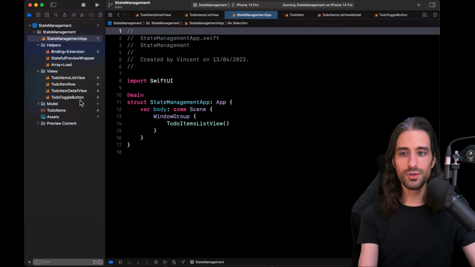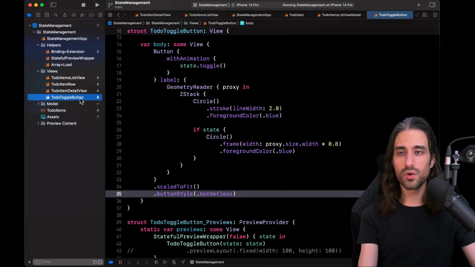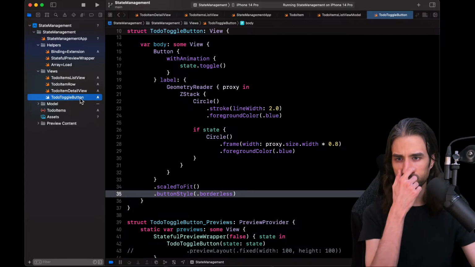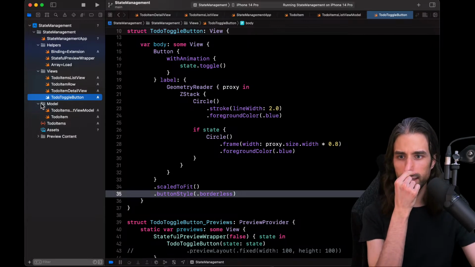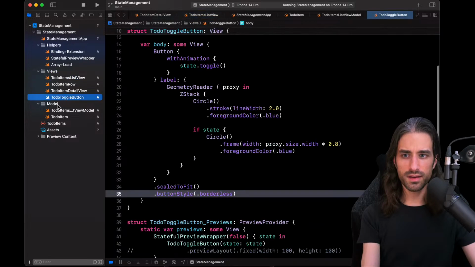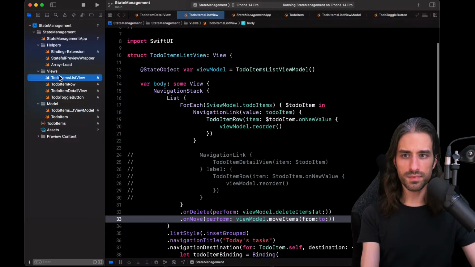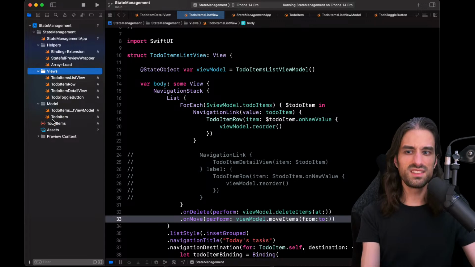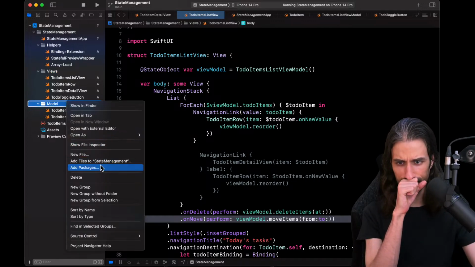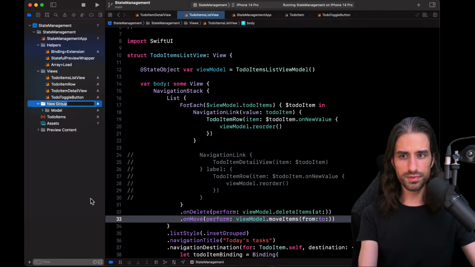We will be adding a new view, which I'm going to call my about view. So here, I don't want to add it inside these views right here, because it's got nothing to do with to-do item and to-do list. So what I will do is take my two views and model folders, and put them into a new group, which I will call to-do feature, like that.